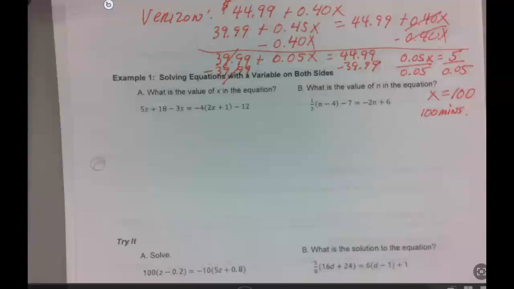So they're equal after 100 minutes. After 100 minutes, and you know you're going to spend more than 100 minutes, then you want to go to Verizon. Agreed? But if you're one of those people that don't talk on the phone much, then you want to go with which plan? Singular. Okay? All right, let's go to